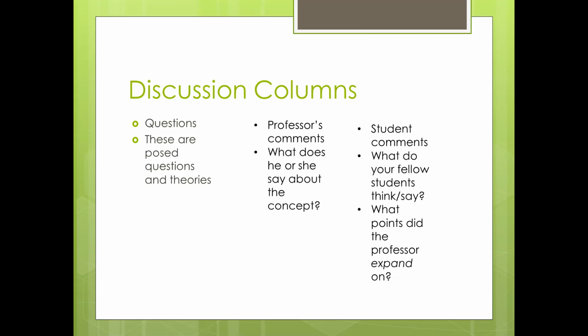Discussion columns is another new one for me. This is one that the authors advocate you use if you have a very lecture-based or discussion-based class. So if your instructor uses the Platonic method, or rather the Socratic method, Socrates is the teacher, Plato and Aristotle are the students, respectively. For the Socratic method, you ask questions and then students answer, and then you ask them questions about their answer. So if you have a class that's more akin to that format,